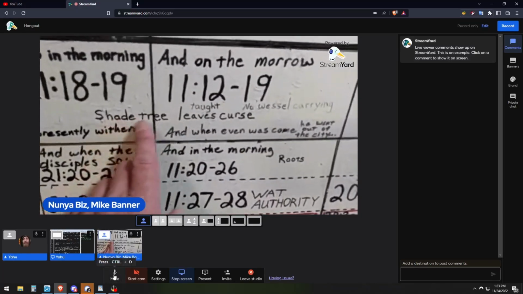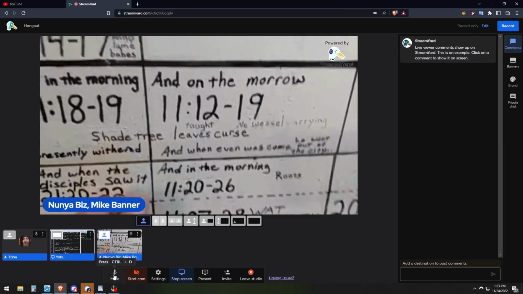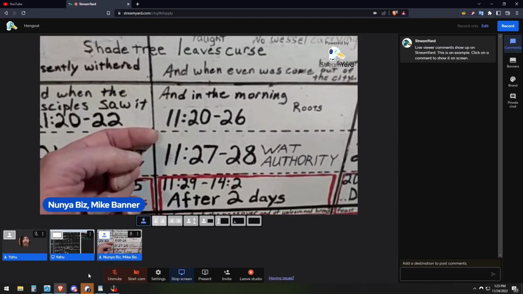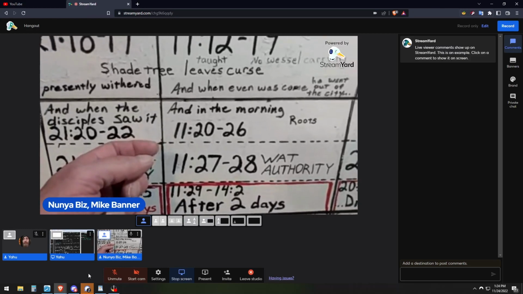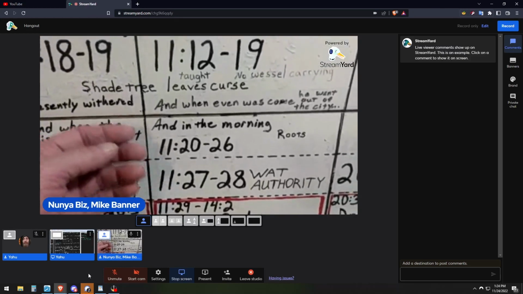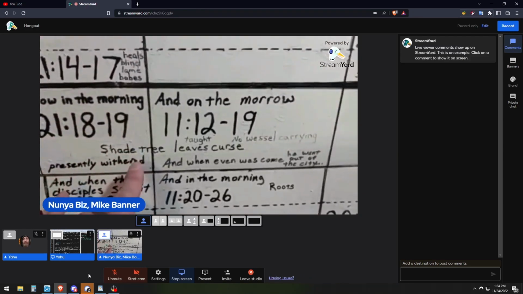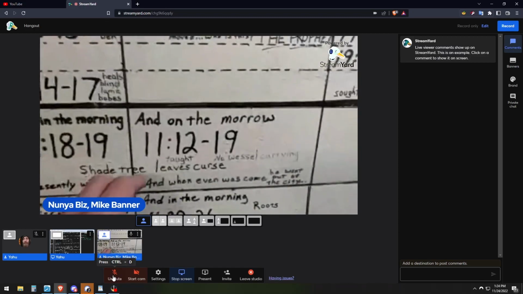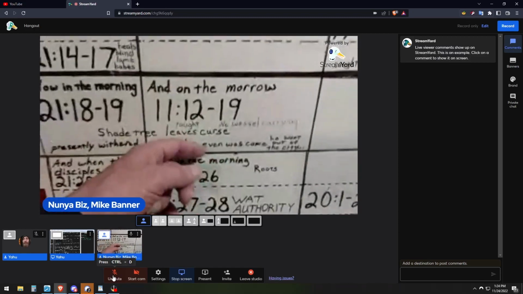And that's why I call it a shade tree, because even once he does go into Jerusalem and preaches about it, he says, "Consider the fig tree or any tree. When you see its leaves, you know that summer is nigh." So we don't even care that it's a fig tree. The whole point is there's leaves on it for shade, and he curses it, and it took a 24-hour period